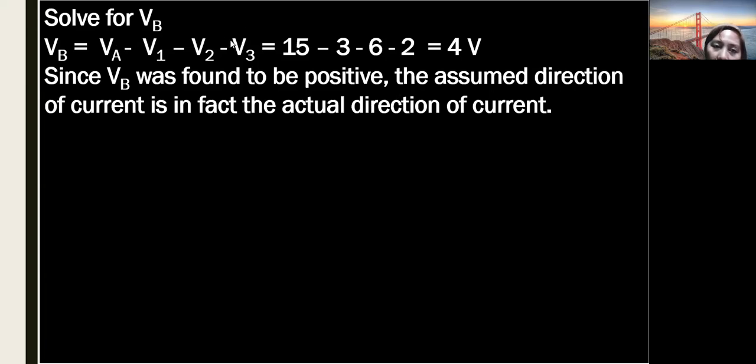So how are we going to get the number for VB? We just have to do it like this: voltage applied minus V1 minus V2 minus V3, which is 15 minus the given values. So it's 4